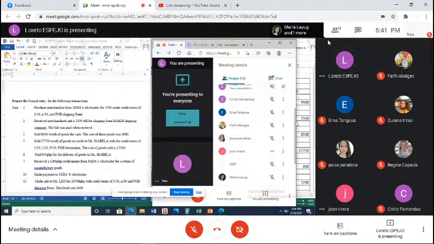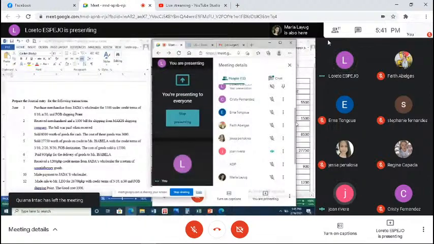Sold 8,500 worth of goods for cash. The cost of these goods was 3,000. Um, debit sales, 8,500. And COGS, tama po ba? Credit COGS, 8,500 po ba, sir? Tama po ba yun? Cost of goods, COGS. Okay. Sa number 3,